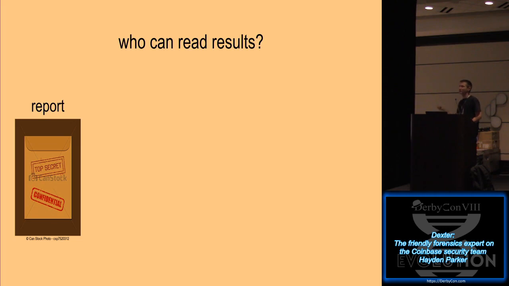Who's familiar with the KEK DEK model? Is that key encryption key, data encryption key? No? Okay, cool. This will be fun then. So what we're going to do here is we have investigators. They're identified by public keys, right, because they use their private keys to approve the investigations. And we're going to encrypt the reports back to them.